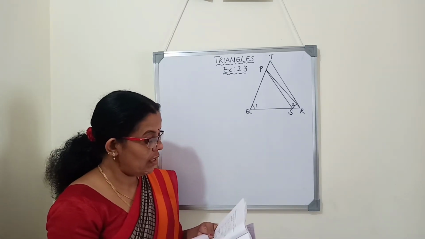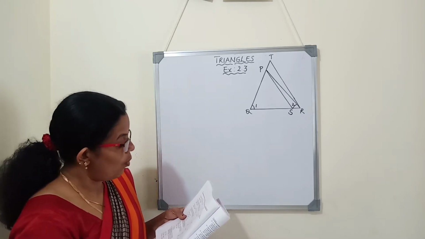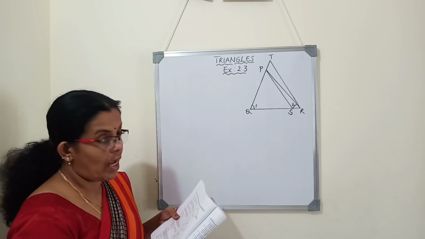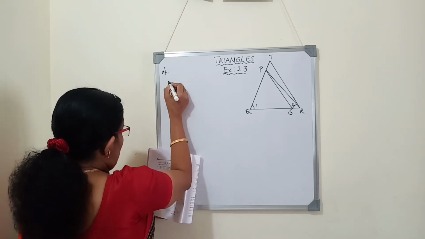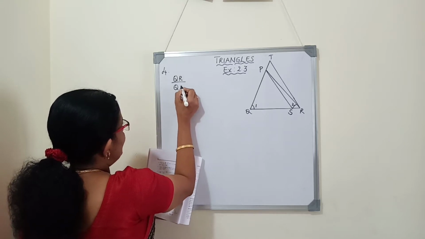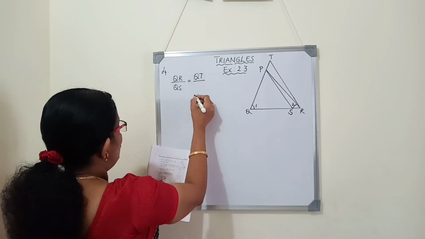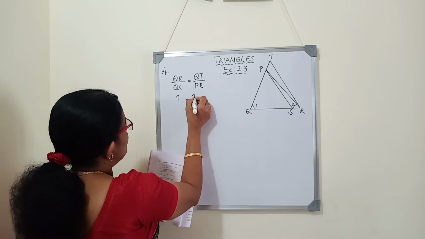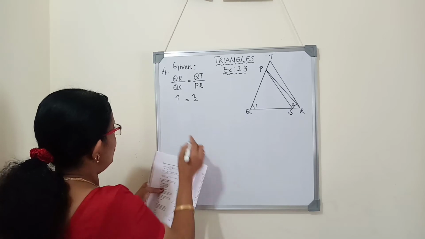In the given figure, QR by QS is equal to QT by PR and angle 1 is equal to angle 2. Show that triangle PQS is similar to triangle TQR. So it is given that QR by QS is equal to QT by PR and angle 1 is equal to angle 2. This is given. We have to show that